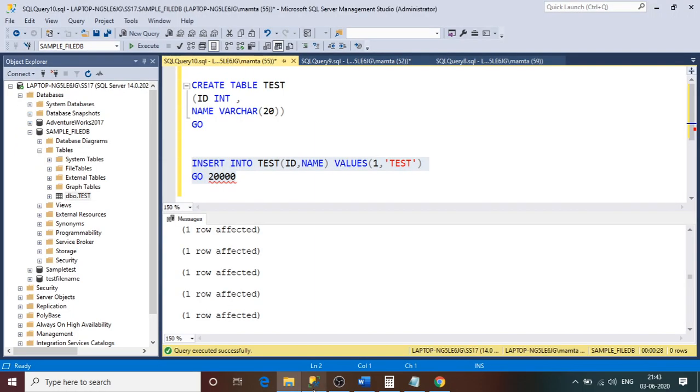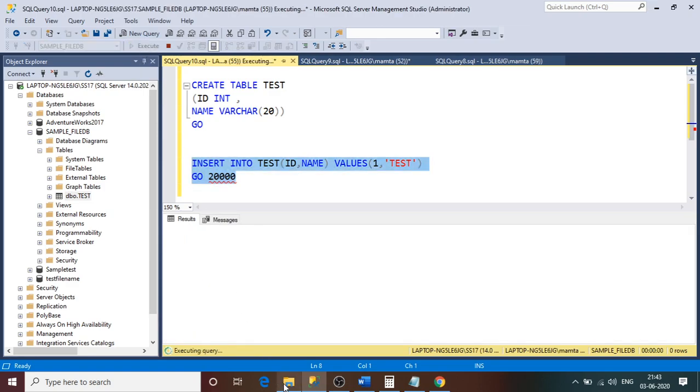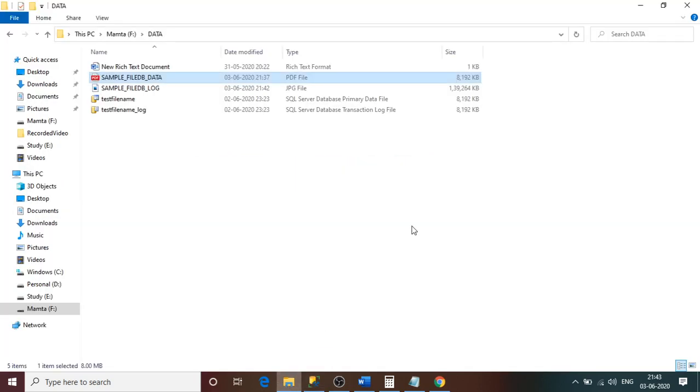So let me insert a few more records. Again, let me insert. Right now we have 8 MB and we have this much for the log.